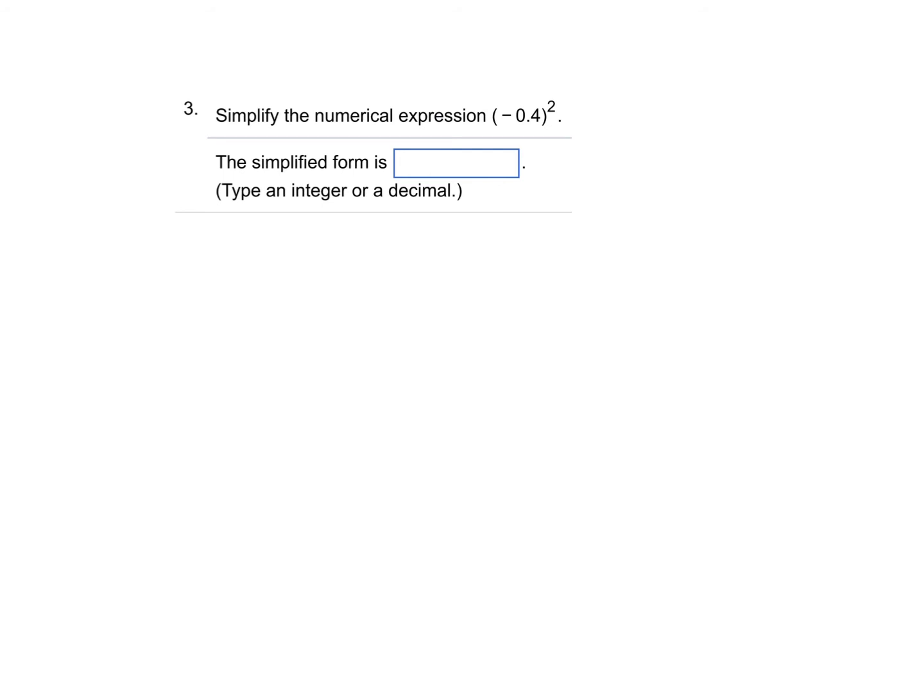-0.4 squared is the same as -0.4 times -0.4. And we know that a negative times a negative is a positive, so we know we're going to get a positive answer. So we can now not worry about the signs because we already know a negative times negative is positive. Now we've got to do 0.4 times